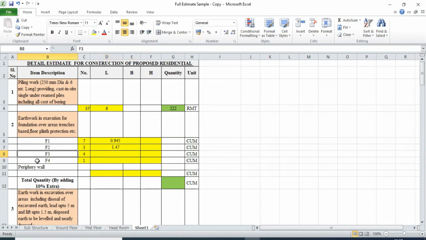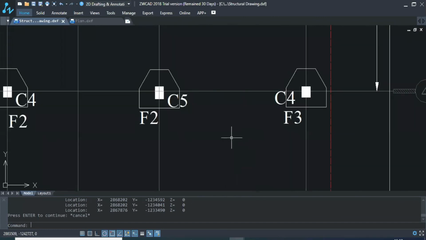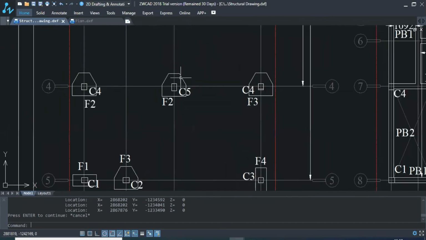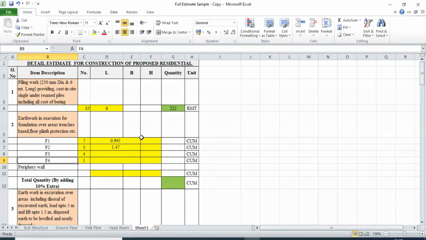So likewise F3 and F4, we can see here the F3 is also similar to F2 and F4 is similar to F1. So we can write this value, F1 value. We have seen that F4 is similar to F1. So here we will write 0.945. And F3 is similar to F2, then 1.47. So now in height portion,